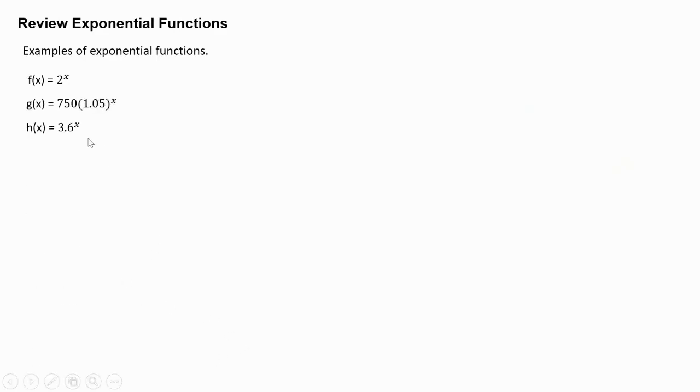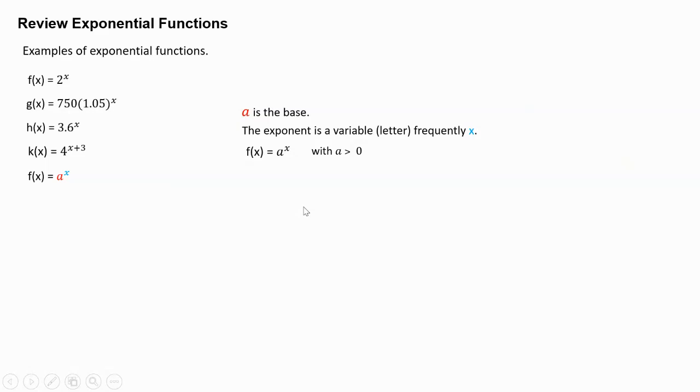Just a little recap. In an exponential function, the exponent is a variable, and most of the time it's going to be x. Okay, a is my base, and the exponent is a variable letter, frequently x. Okay, it can be y or it can be any letter, but most of the time it's x. There's my exponential equation or function. Okay. Now, example, right? We're going to graph